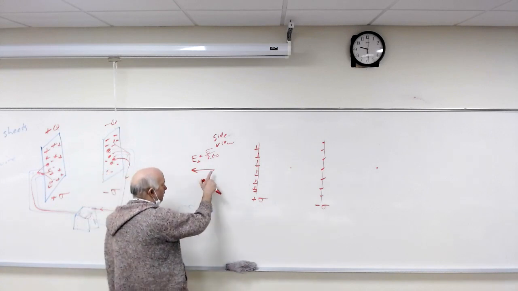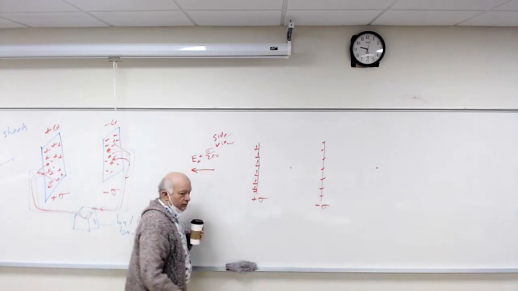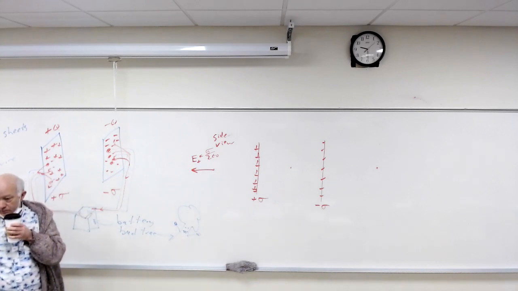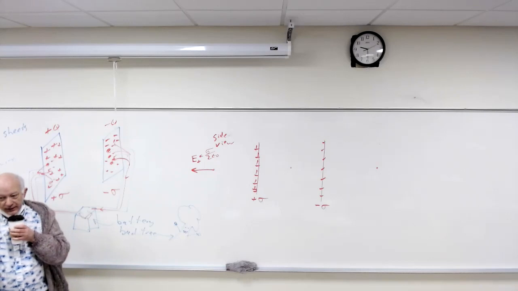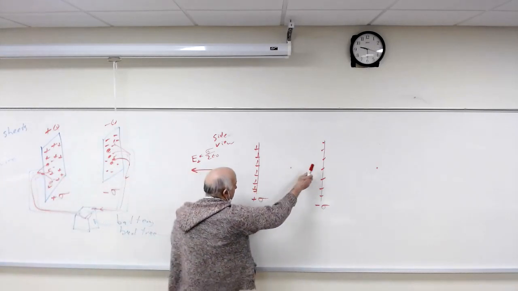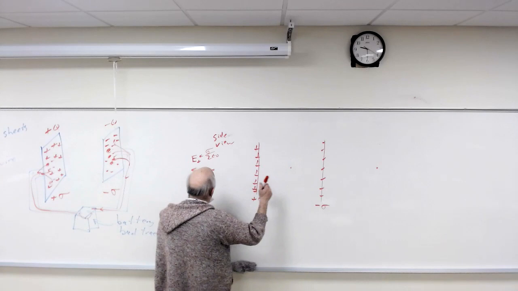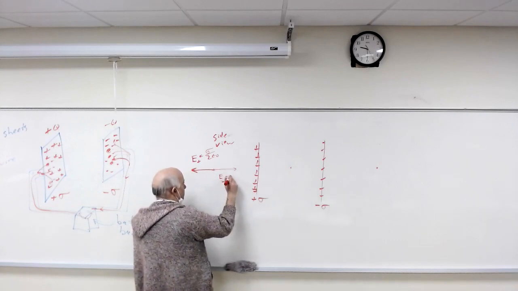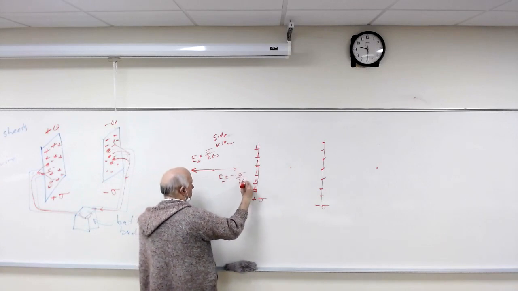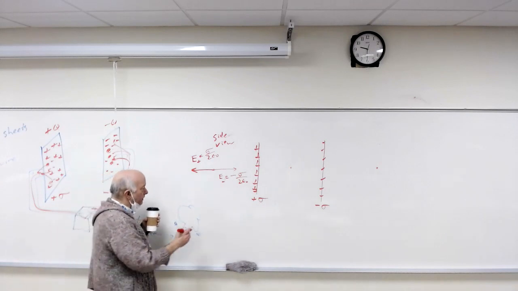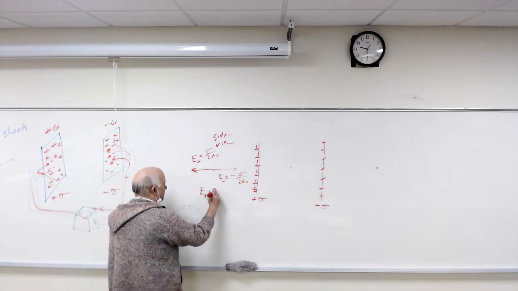Now, what does the electric field look like here due to the negative plate? It's the opposite direction, but since it's a farther distance? Does the distance matter? No, it's constant, because it's an infinite plate. Okay. So the electric field at this spot due to the negative plate is like this, and this is going to be minus sigma over 2 epsilon naught. So out here, what's the electric field? Zero. The total electric field out here is going to be 0.